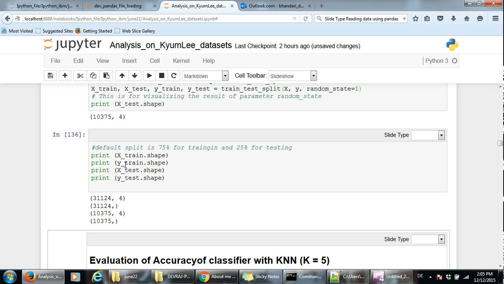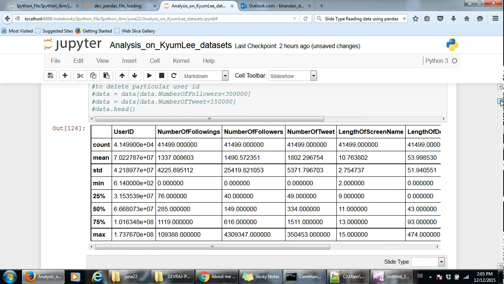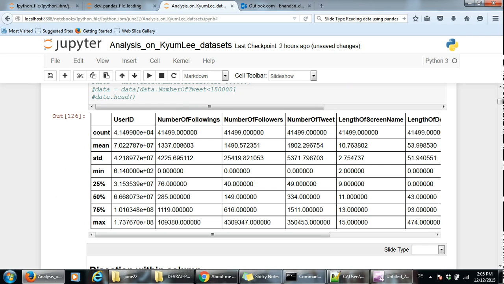So X train, Y train, X test, Y test. From our total 100% data, we split the data. Let me just describe it to you from the graph here. For example,